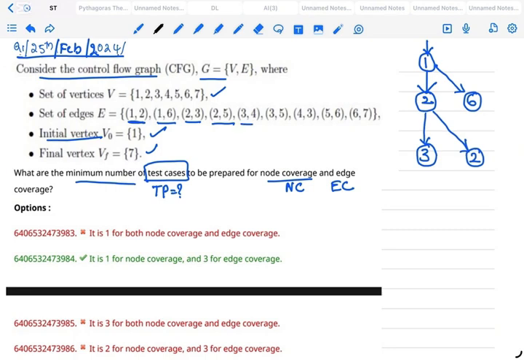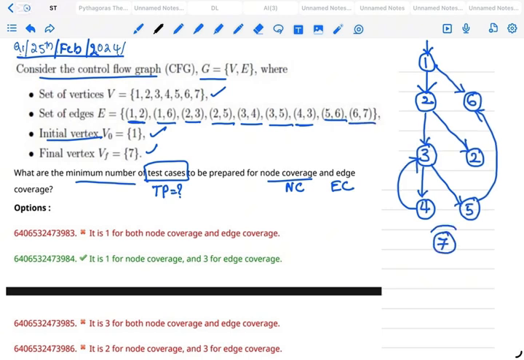And 3 to 4, this is the next level, a direct edge from 3 to 4, and 3 to 5. So 3 to 5 there is an edge, and 4 to 3, so this is a back edge, 4 to 3, and 5 to 6 is an edge, and 6 to 7. 7 is the final vertex, VF. There is an edge from 6 to 7 in the